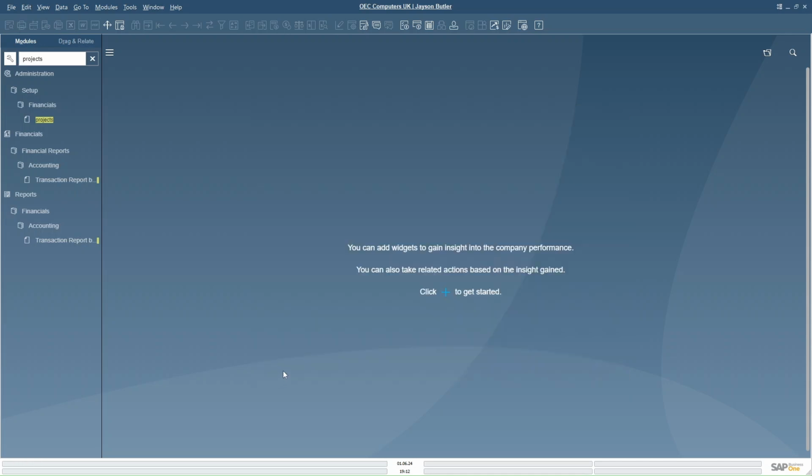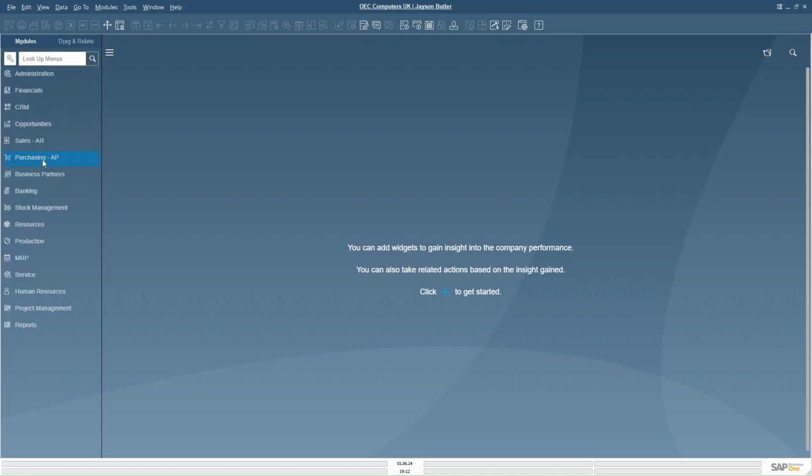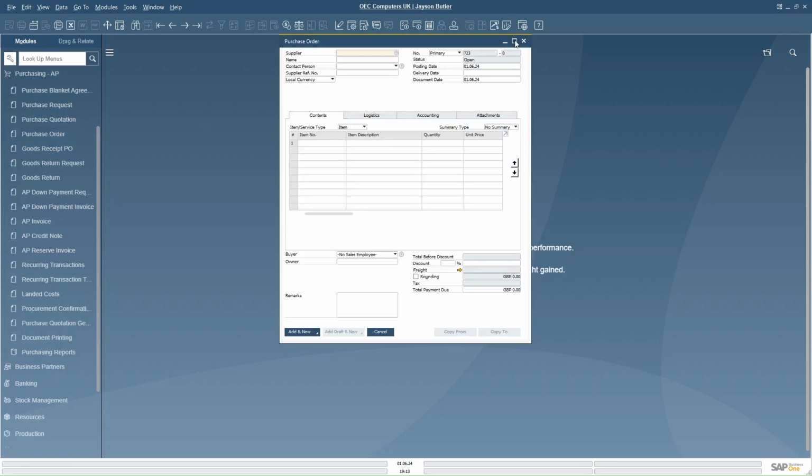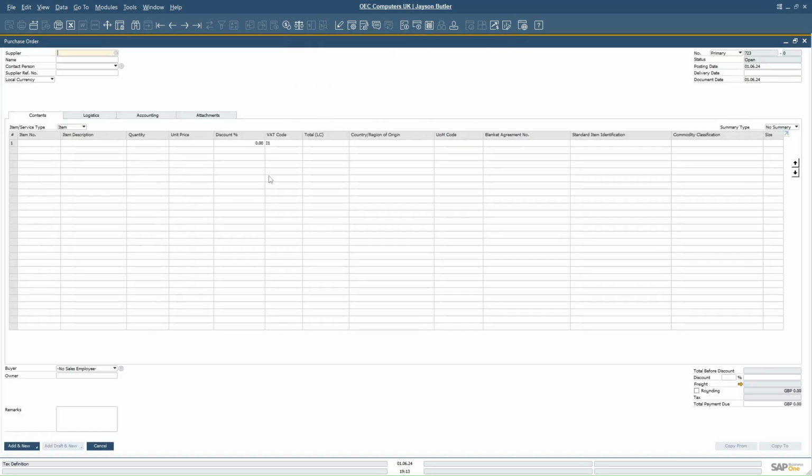So now we can go and check in any of the marketing documents. Let us open purchase order. When we open the purchase order, by default the UDF on the marketing document will not display on the main form.